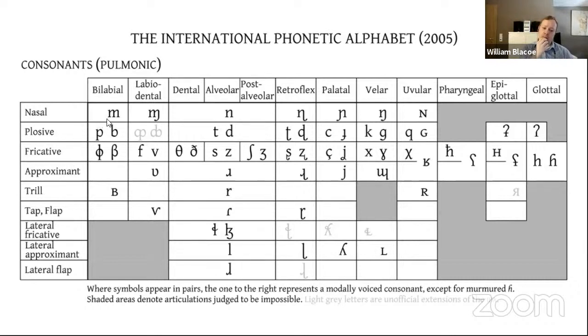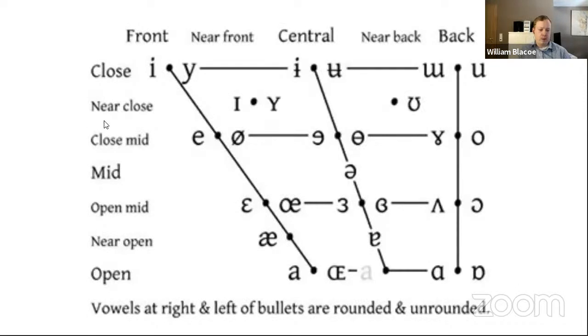Nasal is when the mouth is closed. Well, not the whole mouth has to be closed, like with n. With n, you're blocking the airflow from behind, but the air still goes through your nose, which you can confirm by putting your hand at your nose, and you'll see air coming out. Anyway, those are the consonants, and these are the vowels.